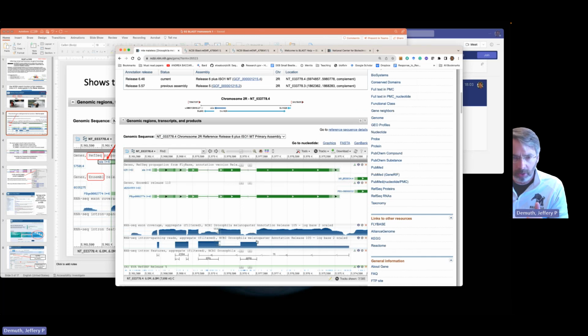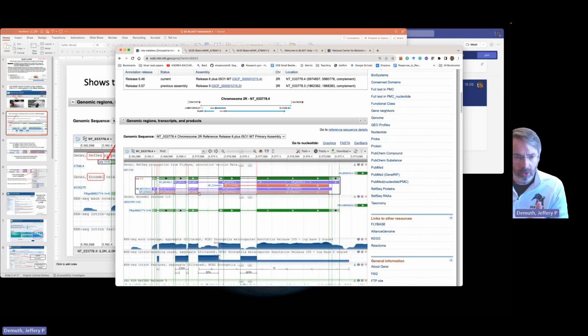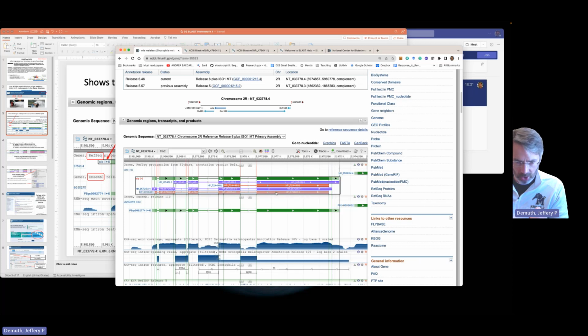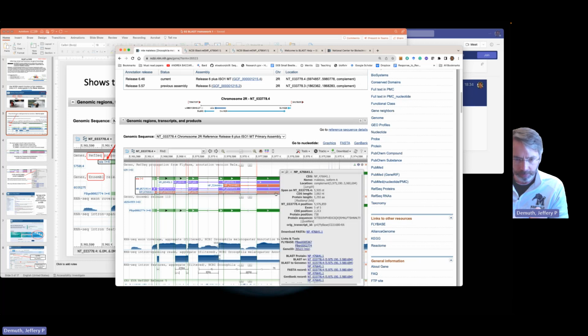Okay, so now I'm back on the website. I can click on this refseq representation, and you'll see it drops down to show me the RNA and the protein that correspond to this Malus gene. So the purple are the RNAs, and the red are the proteins. And so I'm going to hover my mouse over that bottom one because I want the longest version of this gene to blast against Tribolium. So you can see when I mouse over, this box pops up that has a bunch of information about this specific